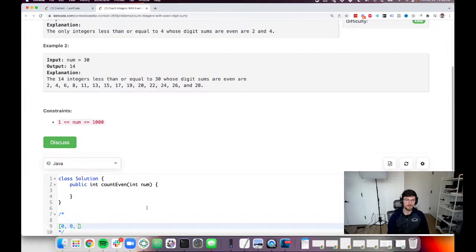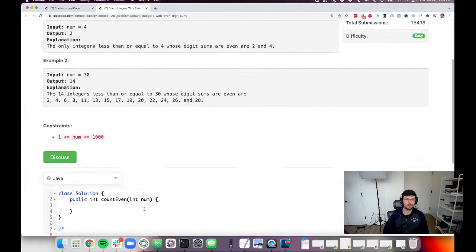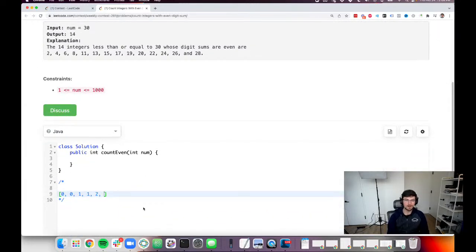For 1, the count would be 0. For 2, the count would be 1. For 3, the count would be 1. For 4, the count would be... wow, this is just confusing me already. 2, etc., etc. And basically, for each value, it's either going to be equal to